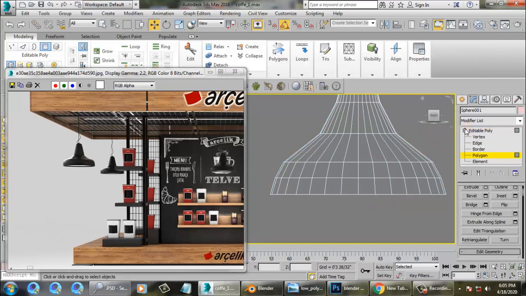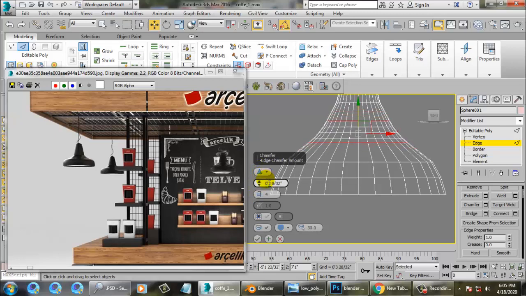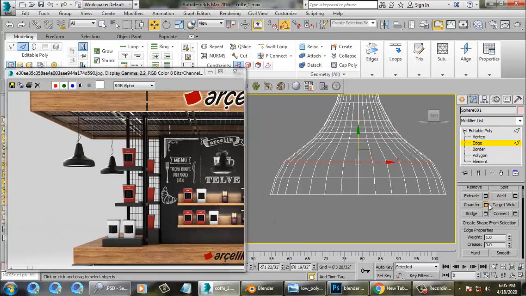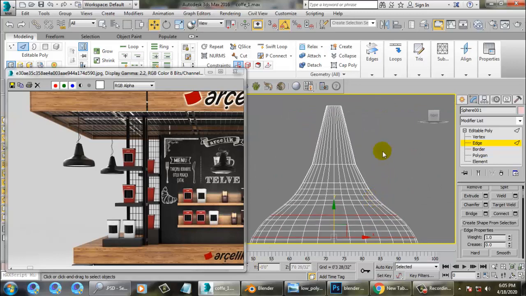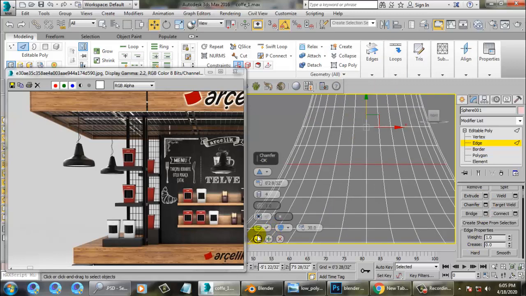Let's go into this, select this edge and give a chamfer, to give it a smoother look. Select this and give a chamfer again.